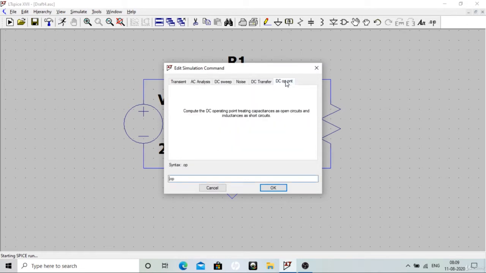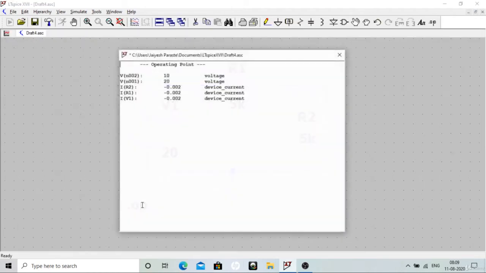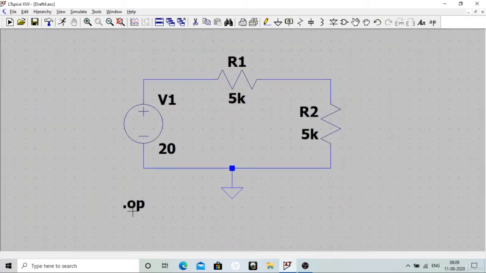So let's say we want DC operating point. You can see that syntax here, and it is written here also, .op. So if you click okay, you will have this .op. That means you want DC analysis, or you can say operating point analysis.